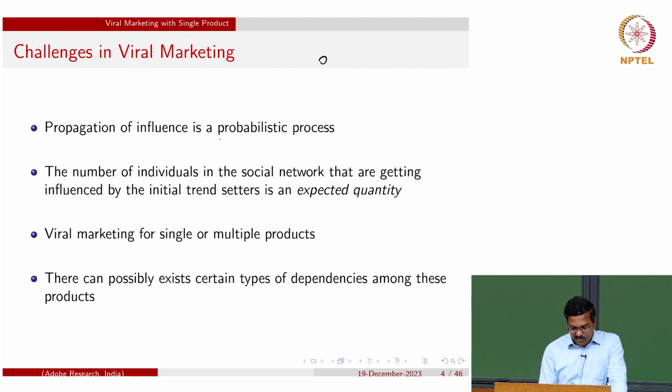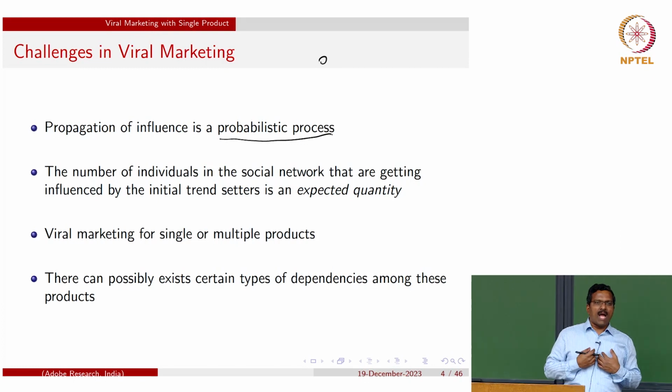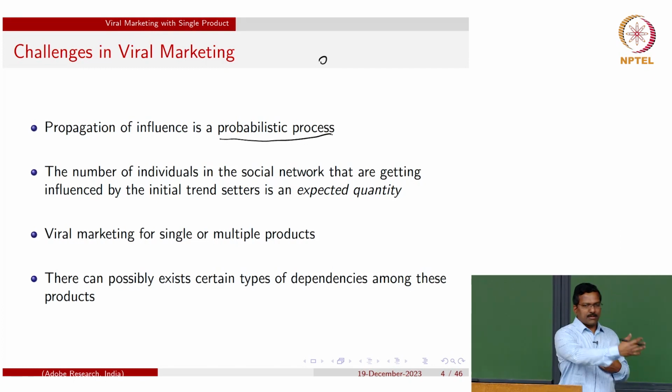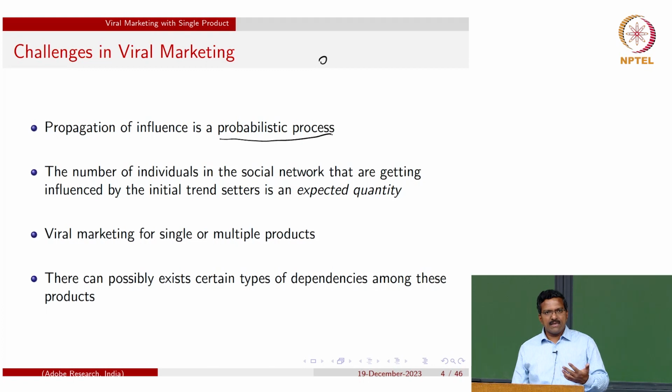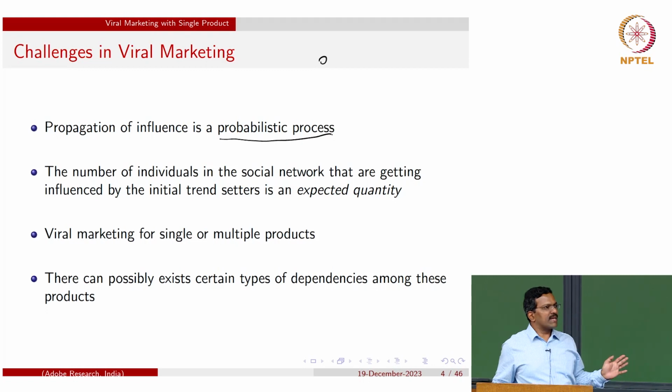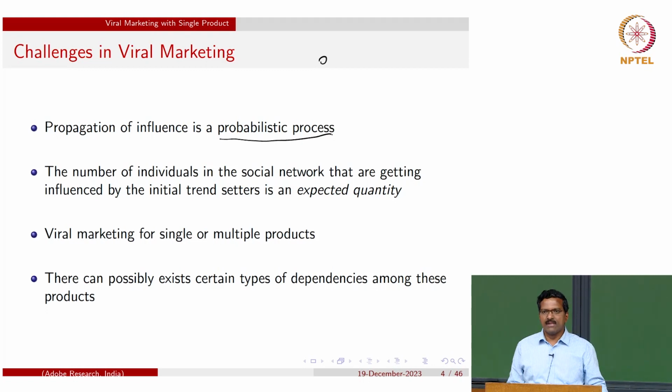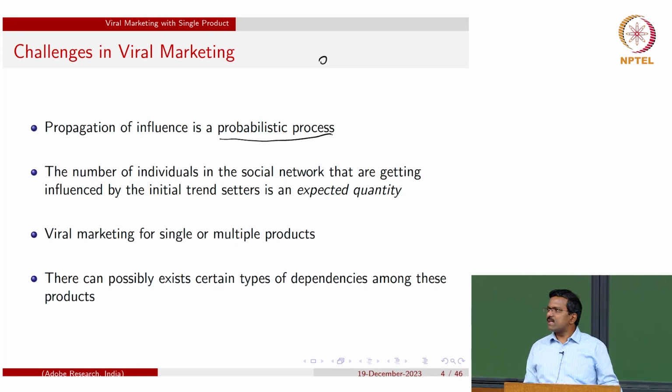So, propagation of influence is a probabilistic process, because if I am influenced, I might try to influence my neighbors. Suppose I have 10 friends, I might tell them, okay, this movie is excellent, I really enjoyed it. If I tell 10 of my friends, maybe 2 or 3 people say, oh, he said that movie is very good, this weekend I have free time, let me go and watch the movie. Maybe 3 or 4 out of those 10 people might watch the movie, which means that I am successful in influencing those 4 out of 10 people, right?